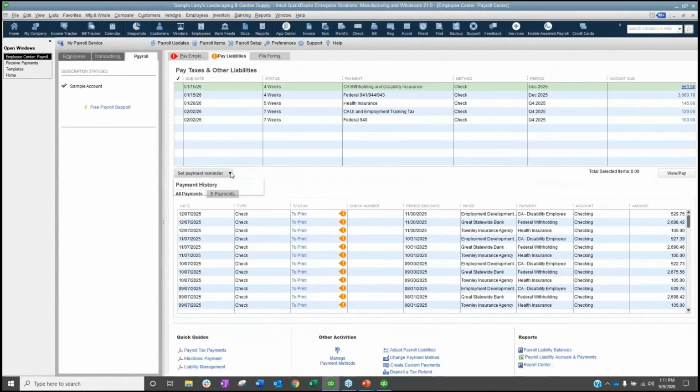I think the feedback here was that a lot of people said they don't log into QuickBooks every day, so they didn't know they were supposed to pay their payroll taxes this week. So you can now set up a payment reminder that goes on your calendar. Okay, so you can add it to your calendar. Pretty cool stuff there.